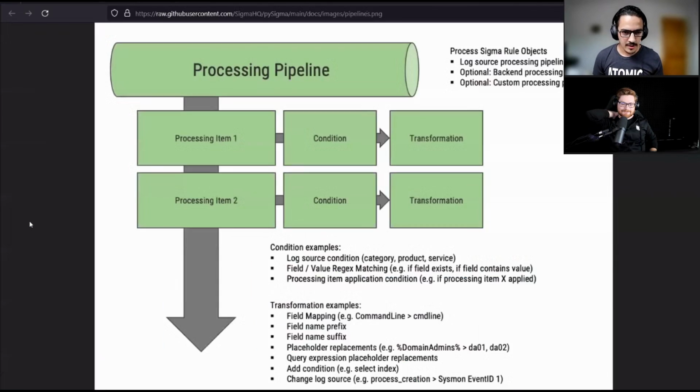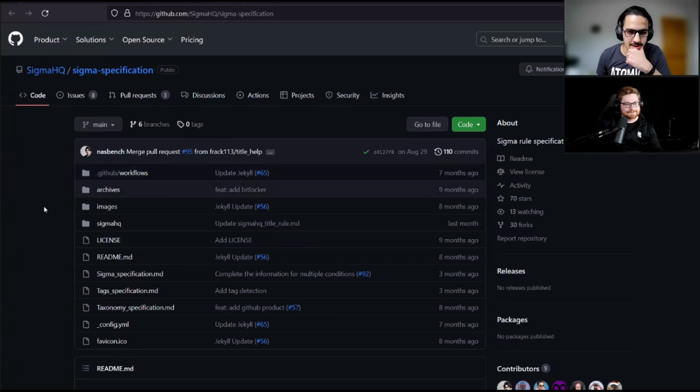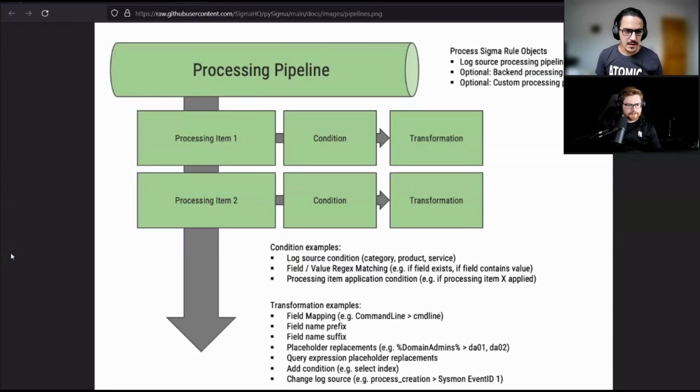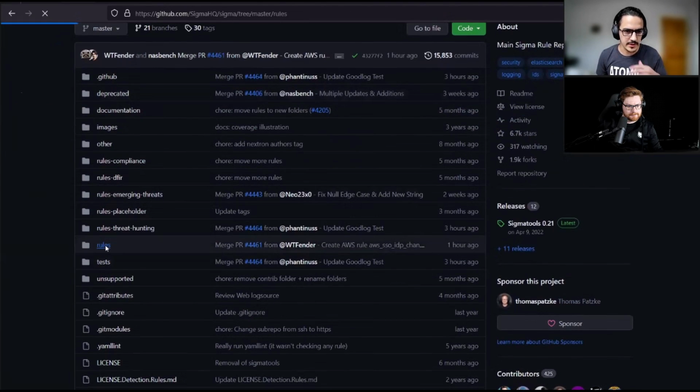So basically, we'll talk a little bit about the syntax, which is quite useful for this little trick that we're going to do later. Practically, what I'm trying to do here is talk about the syntax a little bit, and then we're going to write a very short rule just to showcase what Sigma can do in reality. Then you can use any tool that ingests Sigma. In this specific case, I'll use Aurora because I'm familiar with it. But yeah, let me grab a simple example from the rule repository.